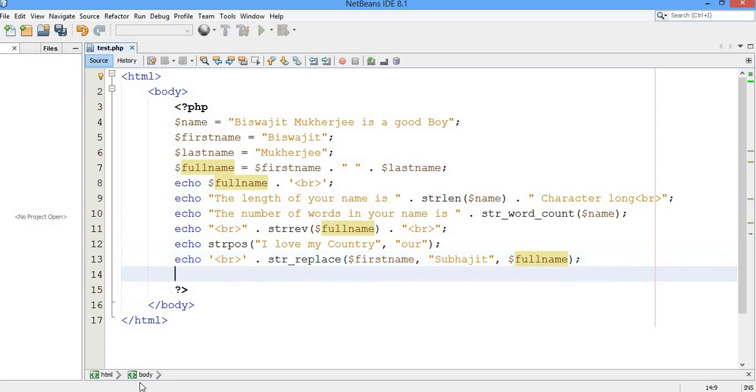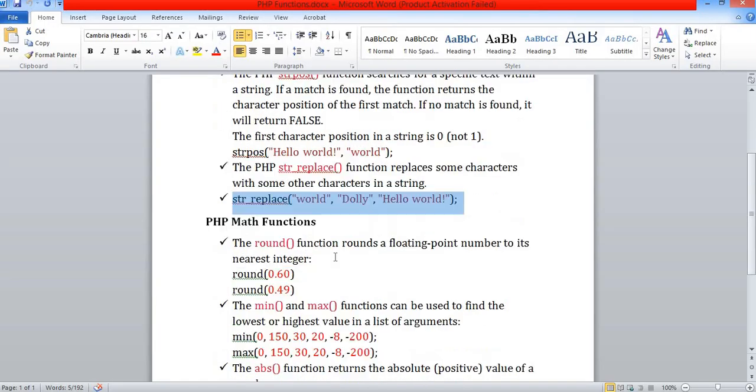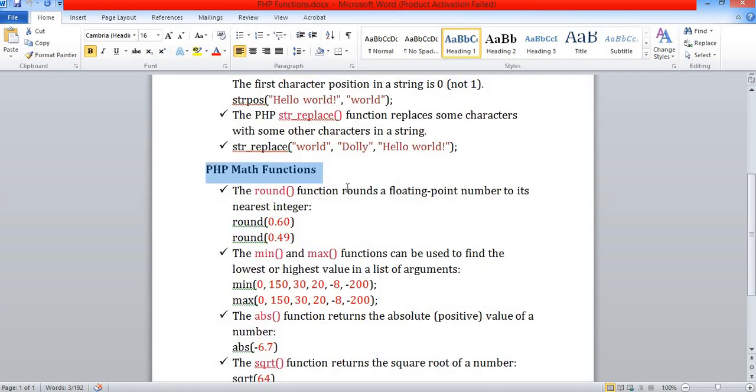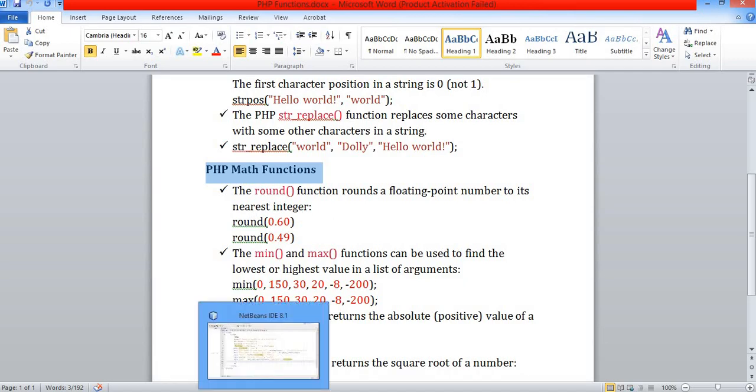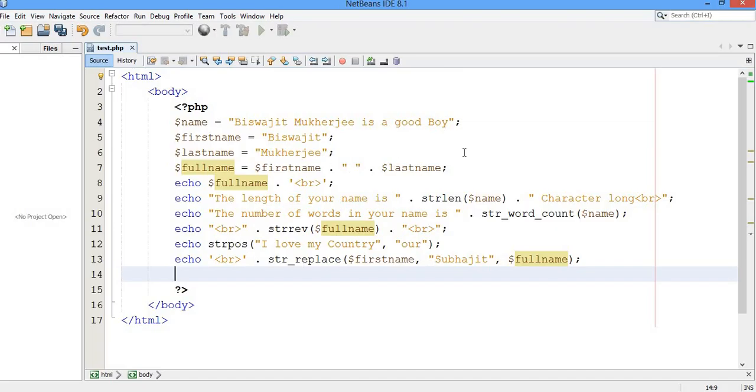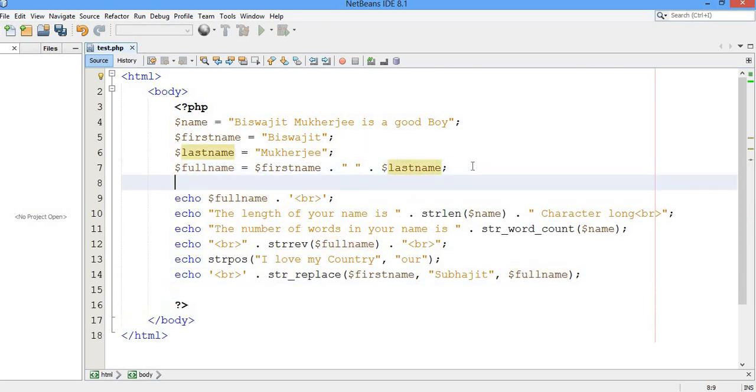Now let us learn some PHP math functions, right? PHP math function. First I'm going to show you this round function. The round function rounds a floating point number to its nearest integer value. So here, just try to understand. I'm going to take another variable, let's say dollar